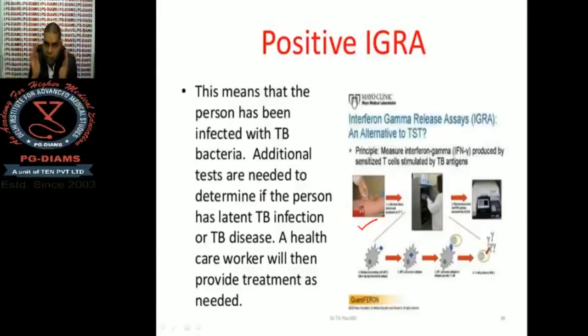But that tuberculin test had several limitations. What were the limitations? You all must be knowing that the tuberculin test gives various false positives and false negatives. But interferon gamma release assay does not give any false positive or false negative. Okay,